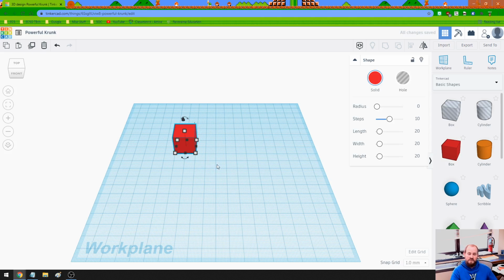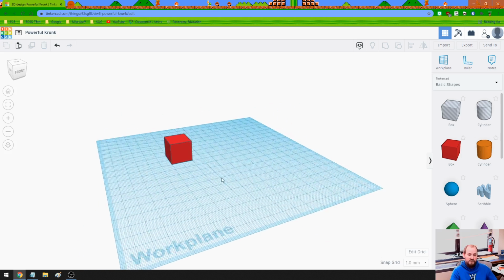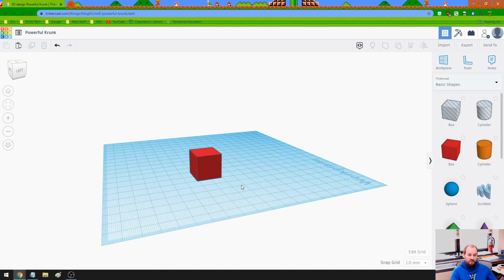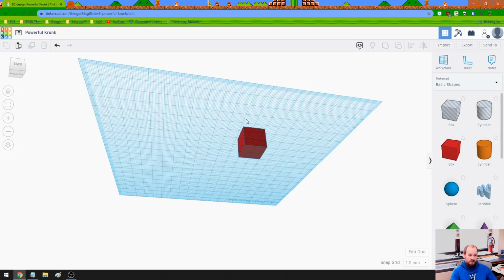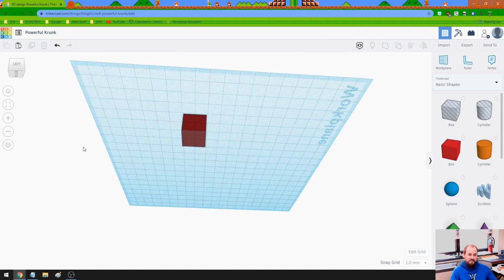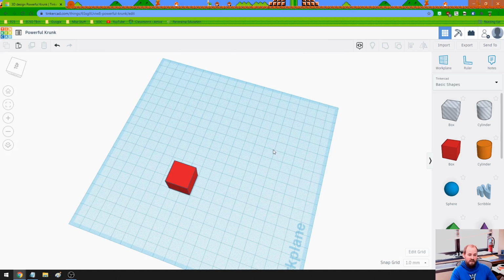I'm adding this just so we have something to reference to look around from, and we'll be adding more objects later on. So the first thing that we want to do is look at changing our perspective, right? So see how I can drag and look around at all the different sides of the square. I can get on top, I can go underneath, I can move this around in any direction that I want,